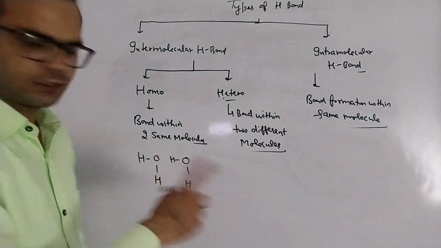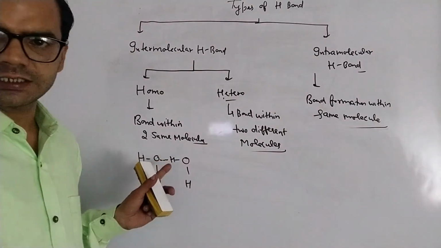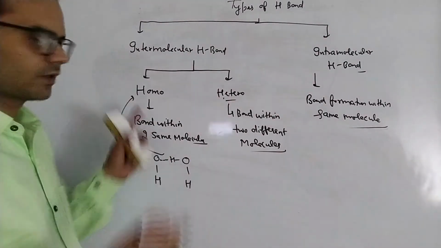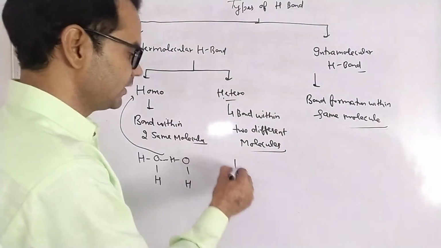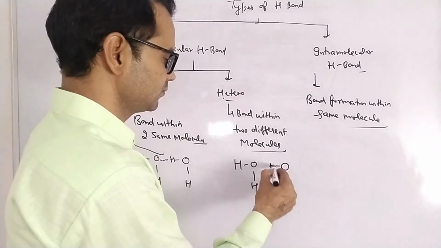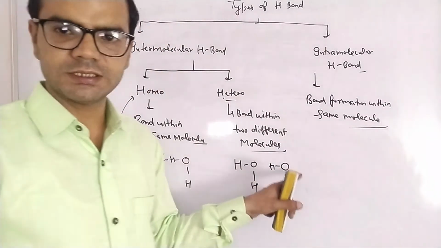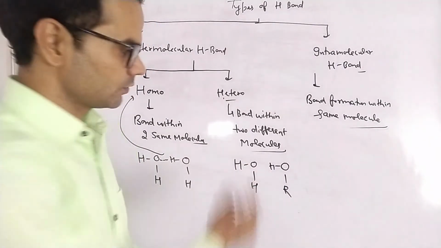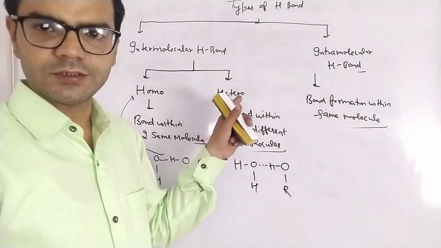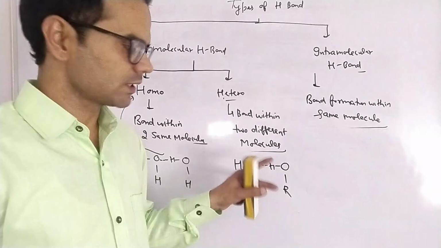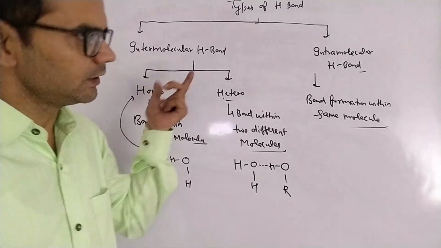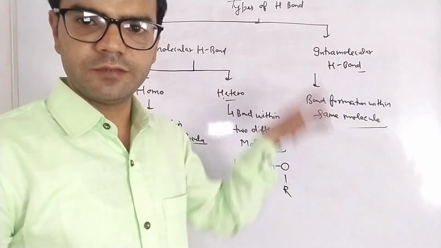For example, we have two molecules of water, so there will be weak electrostatic force of attraction there. Two same molecules, so this hydrogen bond is a homo intermolecular. But in one molecule we have water and another molecule we have alcohol. ROH is alcohol and HOH is water. So again a weak electrostatic force of attraction develops here. Now this is a hetero intermolecular hydrogen bond. Two different molecules are bounded by hydrogen bond. Two same molecules are bounded by hydrogen bond. And intramolecular hydrogen bond is formation within the same molecule.